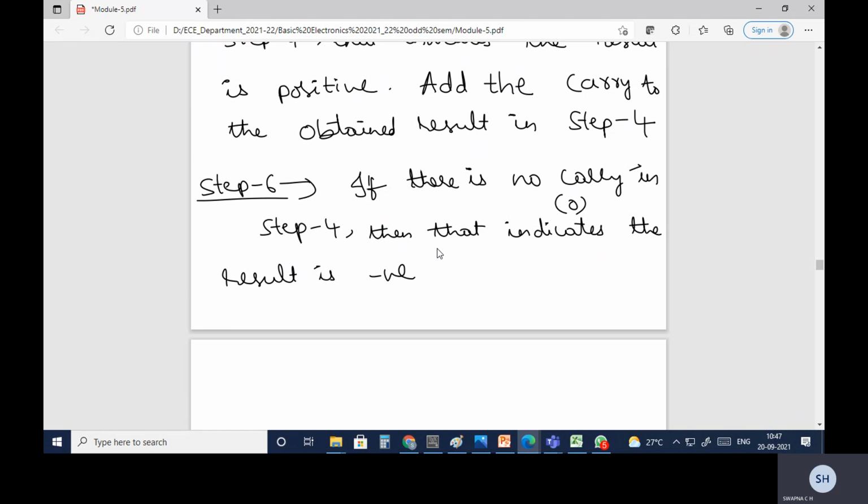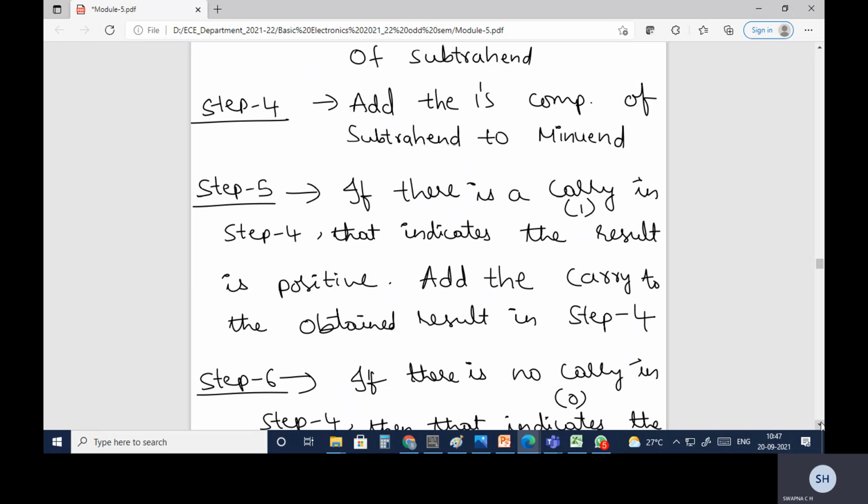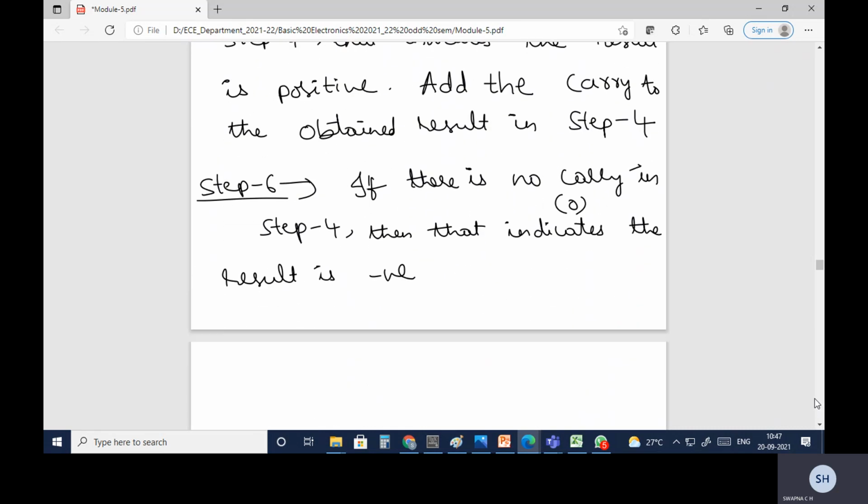So in step 4, whatever result you are getting, if the carry value is 0, it indicates no carry. The result is negative, then what you need to do?